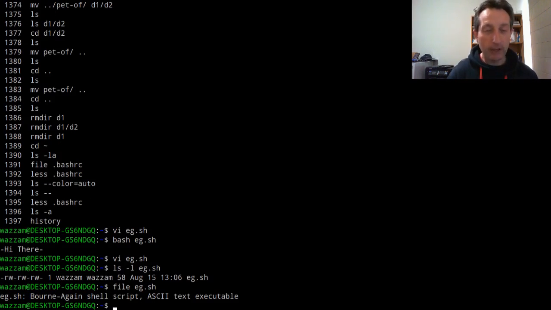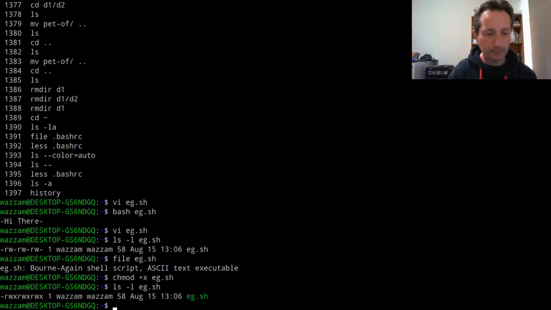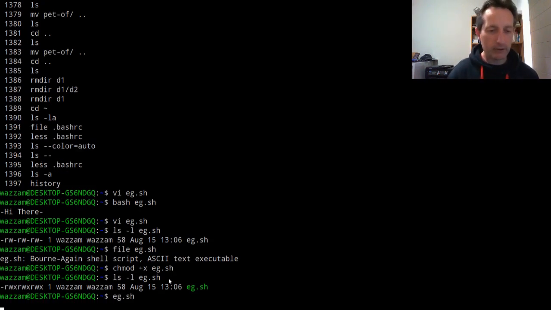So Bourne Again Shell is bash, and it's a shell script, so it recognizes that much. And now if I do a change mode, chmod +x, to make it executable on eg. Now when we do the ls -l on eg, we can see it's got these read, write, x for execute, and I can now execute it, but if I just type eg.sh,